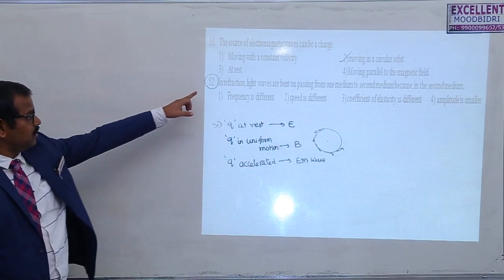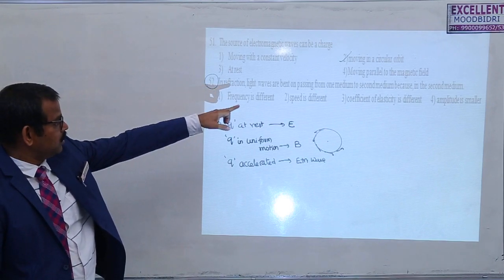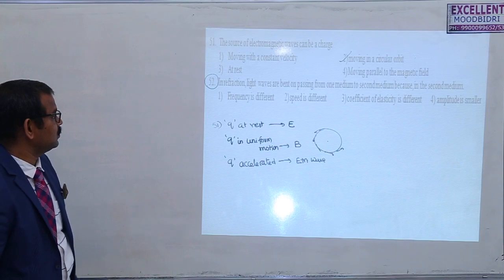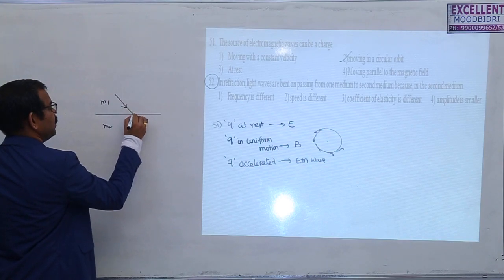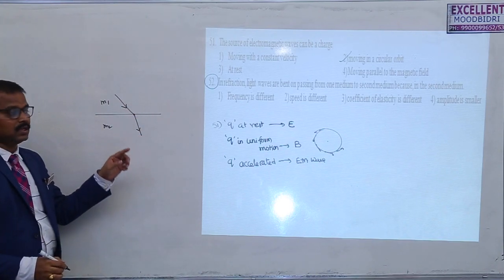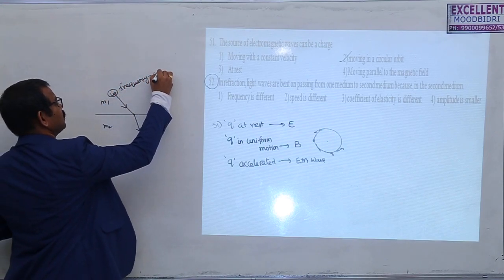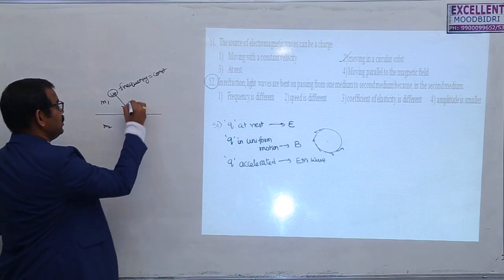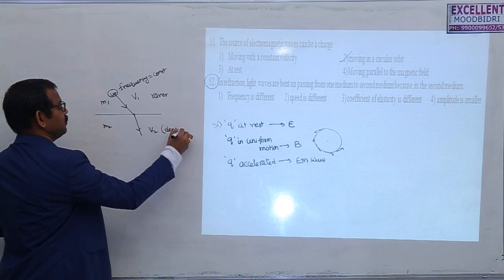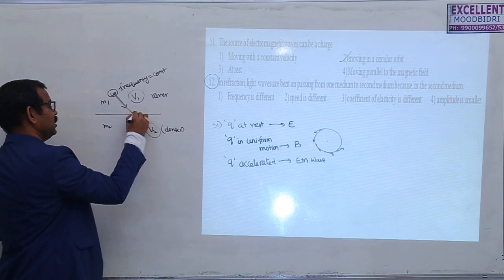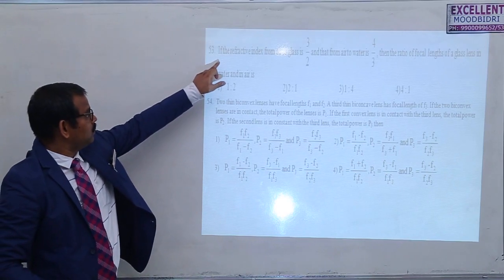Now, if you take the 52nd problem, refraction: light waves are bent when passing from one medium to another medium, because when the light travels from one medium to another medium, at the interface light bends. As it is coming from a single source, frequency remains constant here. So the first one is wrong. The speed here is more if it is a rarer medium and less if it is a denser medium. Due to the change in speed, the light is bending at the interface. So the correct answer is speed is different.